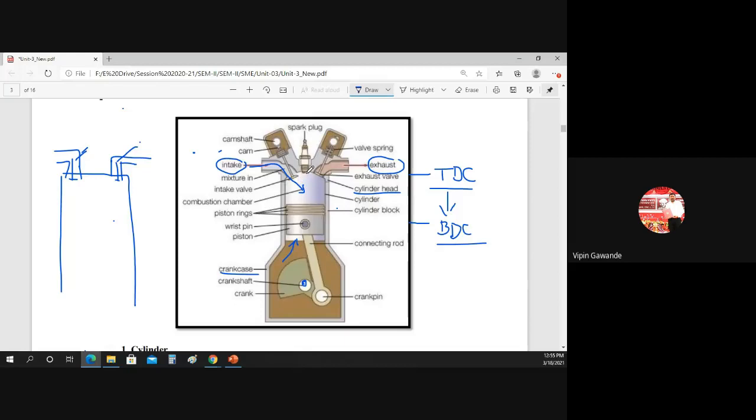At the same time, on the top of the cylinder head, what is mounted? The spark plug is mounted on the top in case of the petrol engine, and if this is a diesel engine, then that becomes your fuel injector. That is also mounted here on the top of the cylinder. So first of all we have the cylinder, then on top of the cylinder we have the cylinder head, and on the cylinder head the inlet, intake and exhaust valves are mounted.